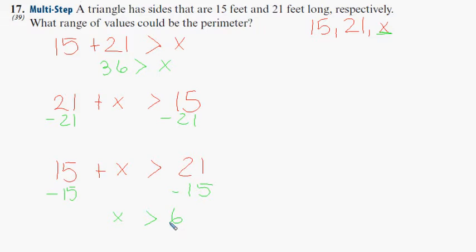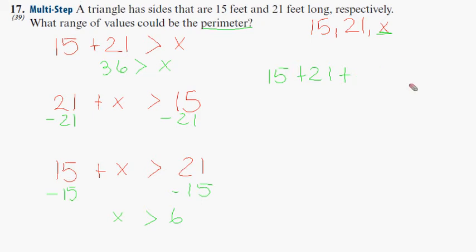So all of that feels like, well, that was pretty easy, right? The only thing is you have to read the question. It says what could be the range of values for the perimeter. So we're going to have to do a little bit more work, okay? So that means that we could have 15 plus 21 plus 6. Okay, so those could be our three, and then all of those added together would have to be less than, so the perimeter would have to be between these values, and I can see I'm running out of space here,